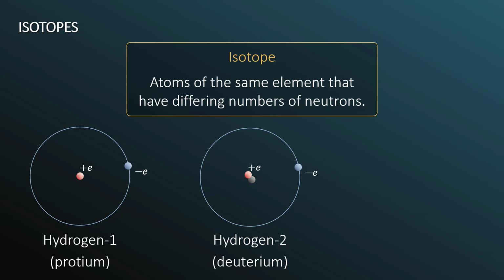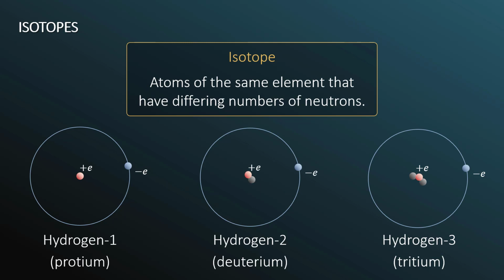Now, in all these cases, the charge is neutral, and so the electron will stay the same. An isotope is just changing the number of neutrons. You're not changing the charge, you're just changing the number of neutrons. So the chemical behavior of an isotope is the same as the atom itself, because chemical behavior is governed primarily by the charge. Anyway, going on to hydrogen 3, tritium, you have 1 proton still, because if it's hydrogen,